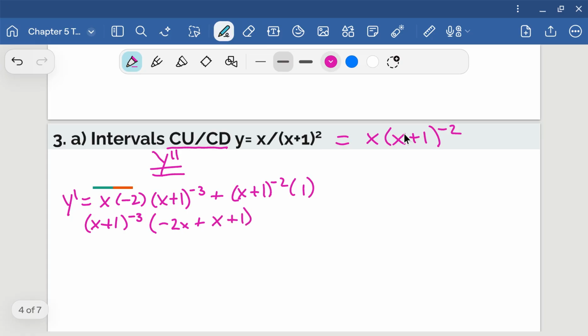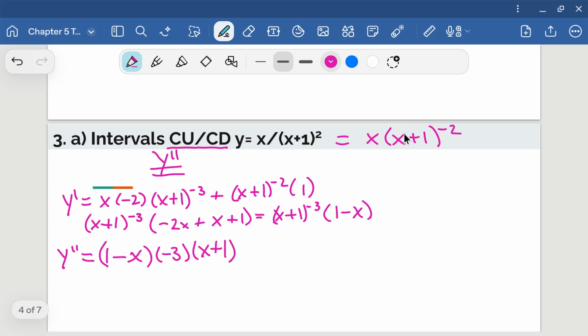Now this simplifies a little bit further, and I'll have x plus 1 to the power of -3 times 1 minus x. So that's my first derivative. Now I'm going to use the product rule one more time to solve for my second derivative. So I'm going to take my first term, so 1 minus x, that's my second term, but that's okay, and multiply it by the derivative of my first term. So -3 times x plus 1, subtract an exponent, and then use your chain rule,